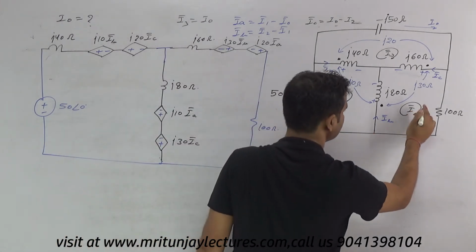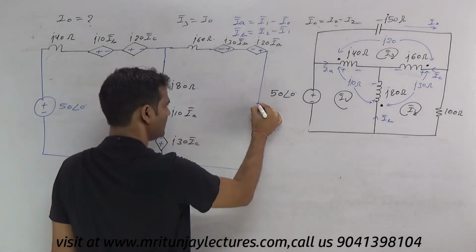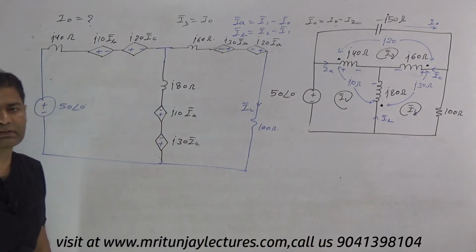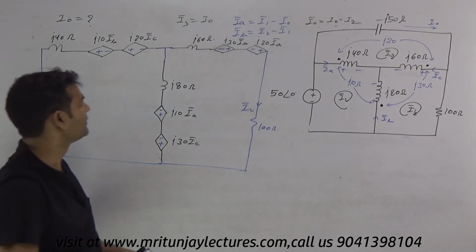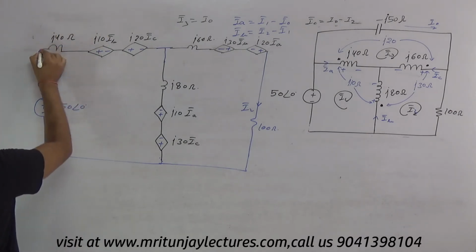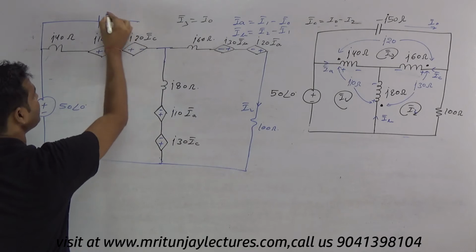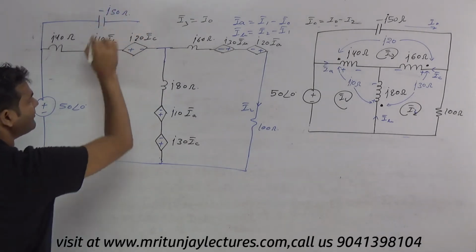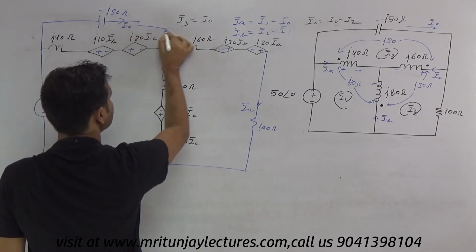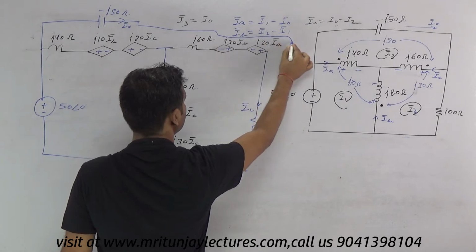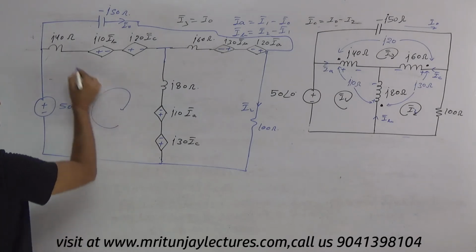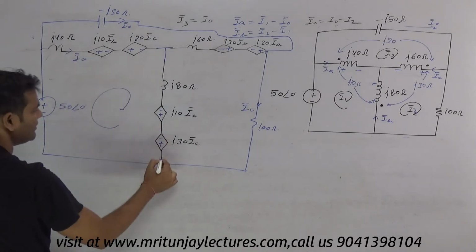And what about current? Branch current is I2. Loop current and branch current in the 100 ohm is I2. Okay. Now that is minus j50 ohm. And what about current? That is I naught, and this one corresponds to here. Okay, so first of all apply KVL in this loop, and that is IA,